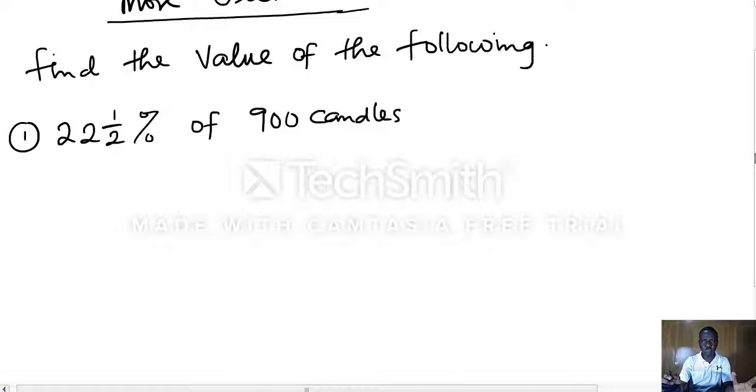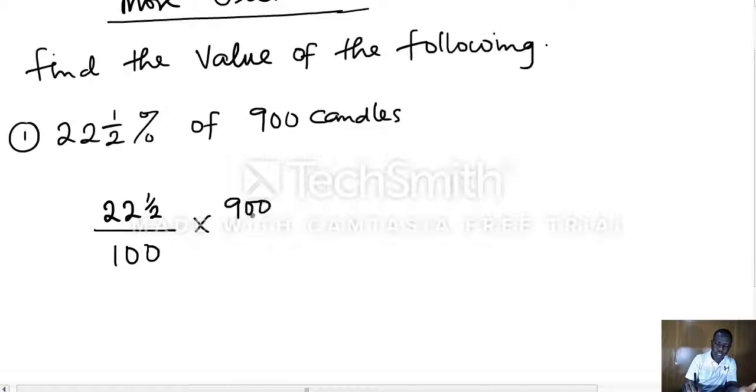Still the same procedure. If you divide 900 candles by 100 in 100 places, what will you get from 22.5 parts of it? So that simply means 22.5 divided by 100